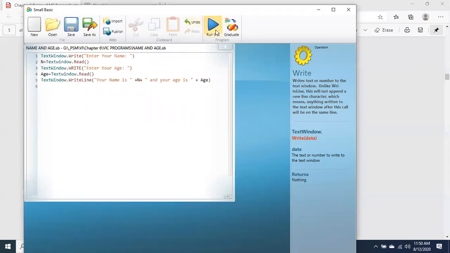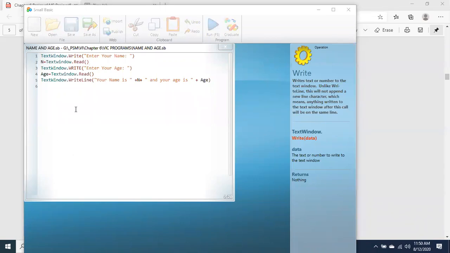How will you run it? The code will not run in Word or Notepad or WordPad. You can run the code only in the programming language software. So you must be very clear about this thing.